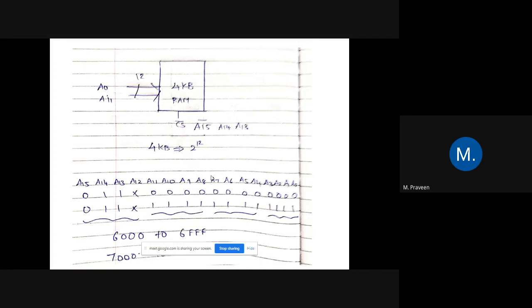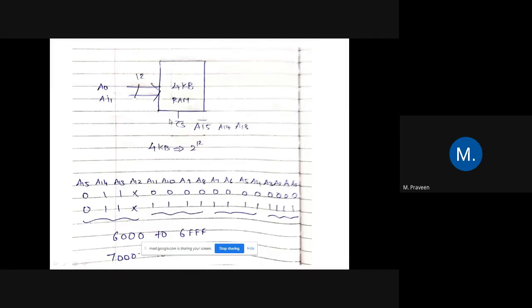In 8085, we have a 16-bit address, starting from A0 to A15. If you take 8086, the address bus is 20 bit. So here for 4 KB memory access, we need 12 address lines. We can take A0 to A11, so totally 12 lines are there. These lines are used to access the data from the 4 KB RAM.